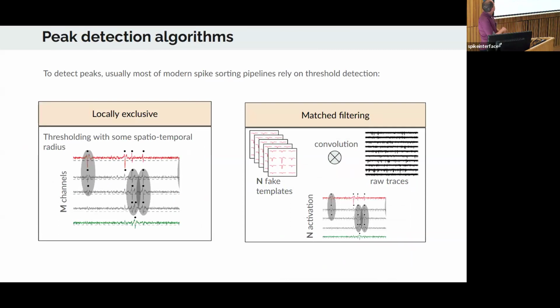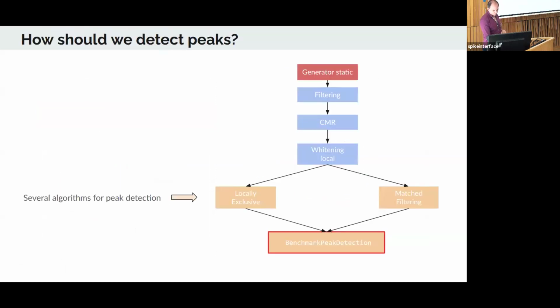So now coming back to the peak detection step. Most of the algorithms, Spyking Circus 1 or some others, detect the peaks with some sort of locally exclusive, spatio-temporal radius to exclude the duplicates. So we detect the peaks as threshold crossings, but in some small local spatio-temporal neighborhood, we exclude the redundant ones. Kilosort uses what's called matched filtering. So if you know the shape of the templates, kind of, you can convolve all the traces with those shapes, and you can maximize the signal to noise doing so and try to enhance the detection of the small events.